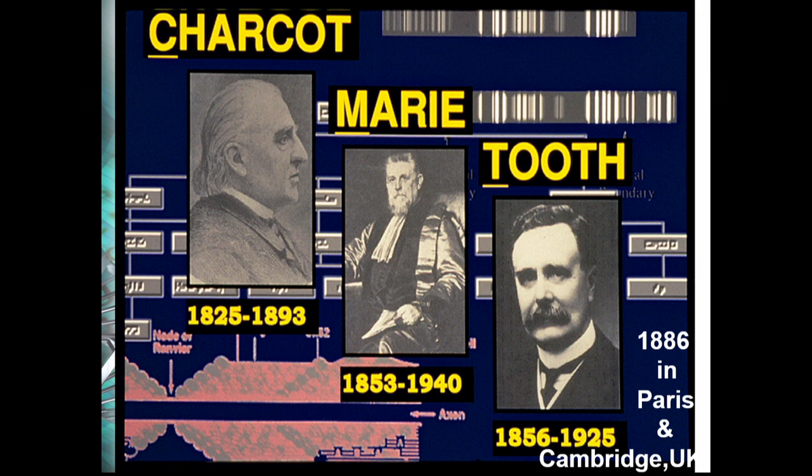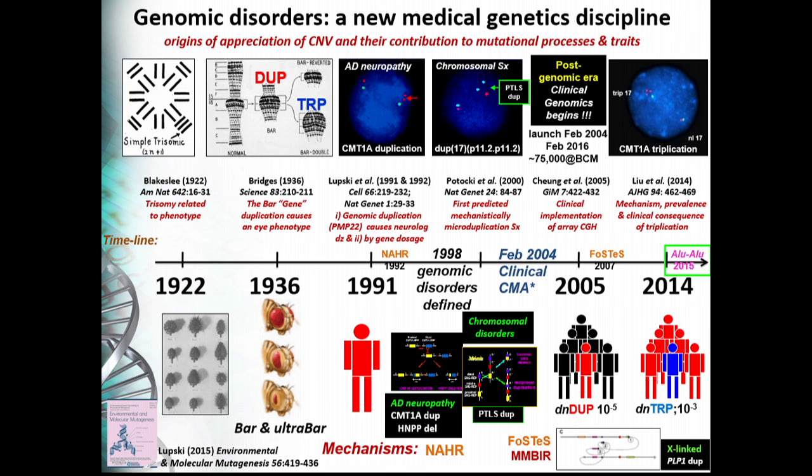I'll start with this neurological disease, Charcot-Marie-Tooth, CMT, to talk about the development of diagnostic technologies and their implication in the diagnosis of this disease. We all know that the majority of CMT patients are caused by a microduplication of human chromosome 17p12, encompassing the dosage-sensitive gene PMP22. The concept of gene duplication leading to a disorder was the first one to be established in human. However, if you look back in the literature, in the